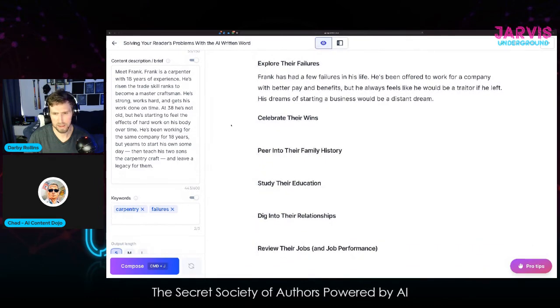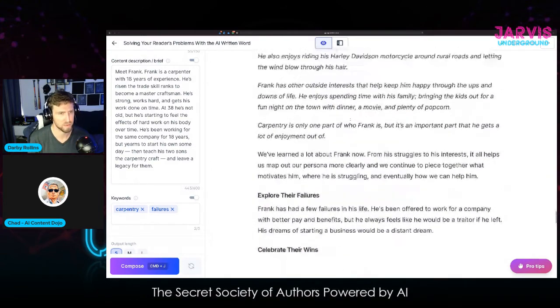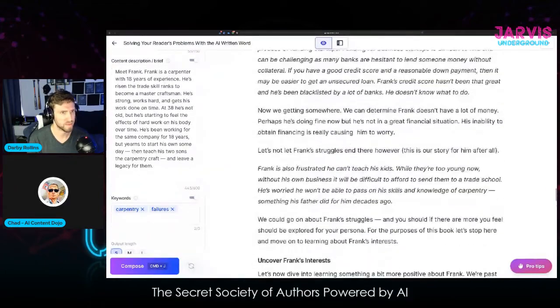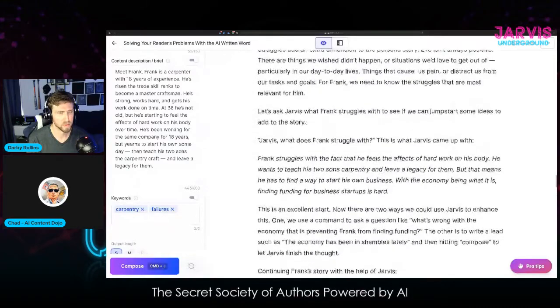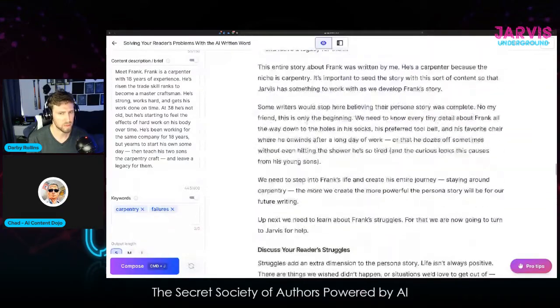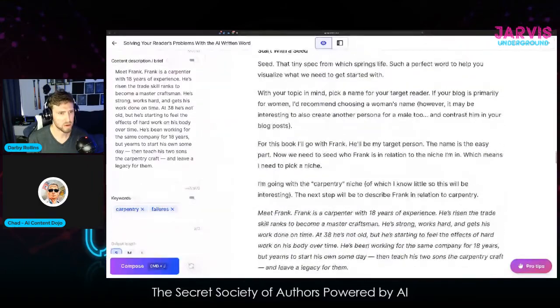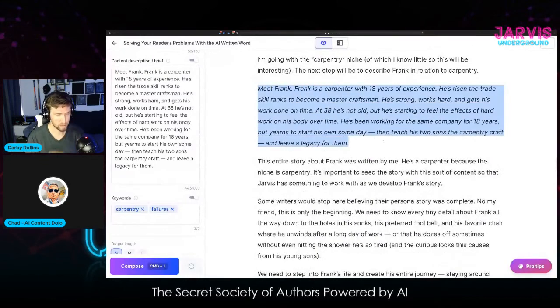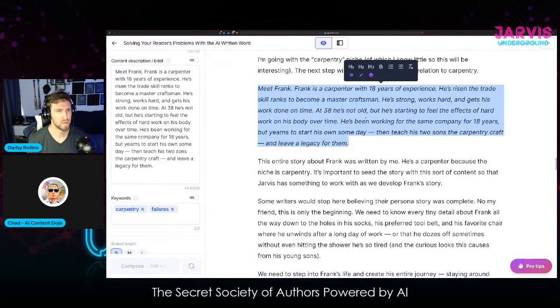Okay, cool. So I think at some point that might become available, but it sounds like it's still a work in progress. If anyone's going through this, these are good prompts to follow back through. But you have to start with the seed first, because if you don't have anything for Jarvis to work with, you go up here just a little bit more. Where I say start with a seed, that's basically this, and all of this was 100% written by me. There's no Jarvis in this at all. Basically, you start here so that the story is something that's going to flow from what your topic is about.